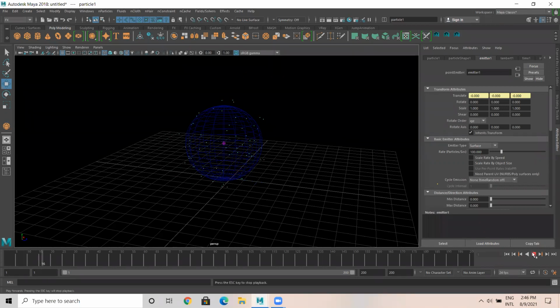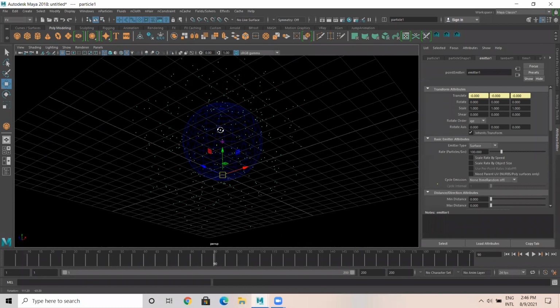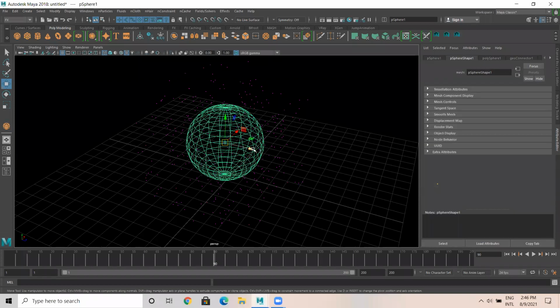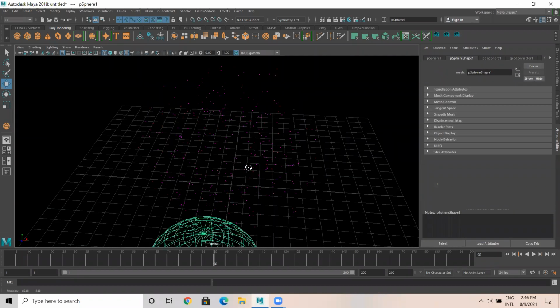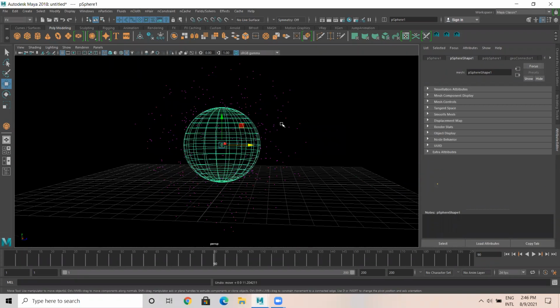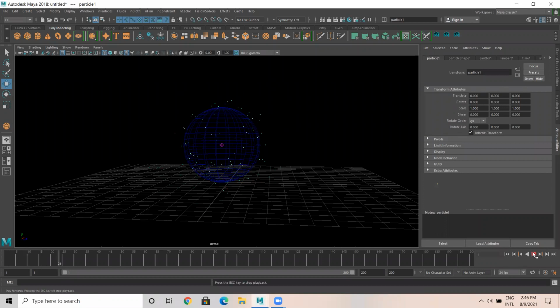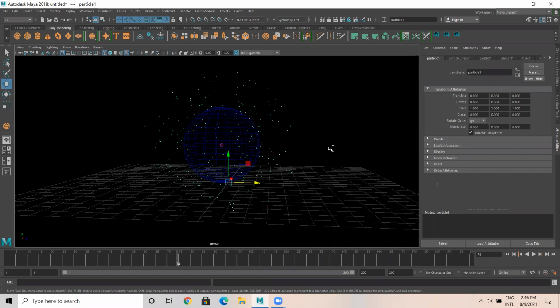And from the surface, particles are emitting like this. Okay. See, it's something like this. Okay. So this is a surface emitter. Got it?